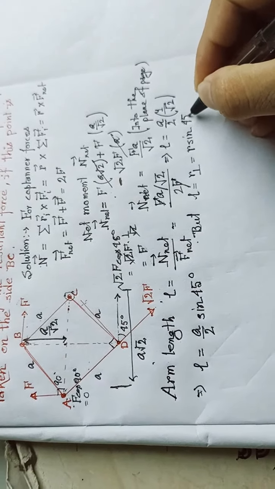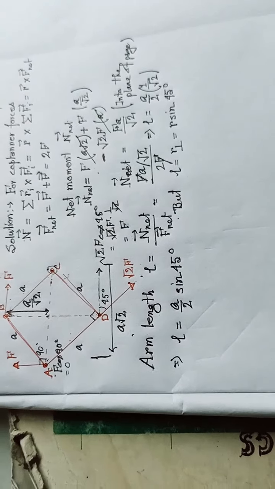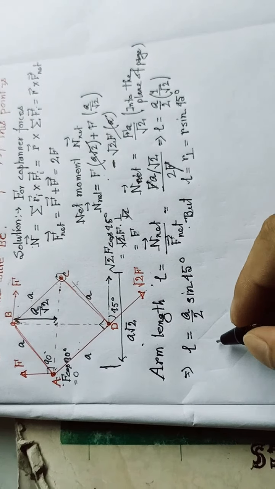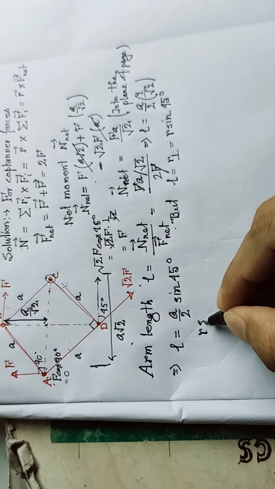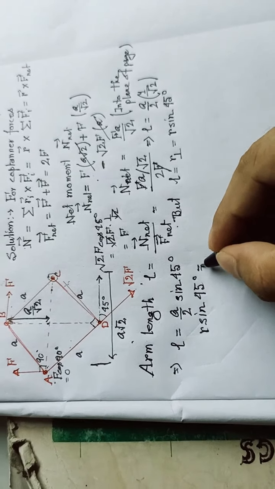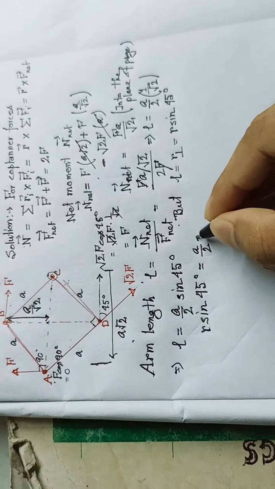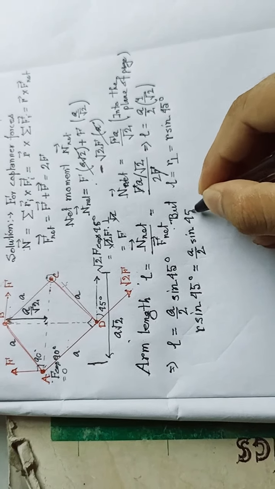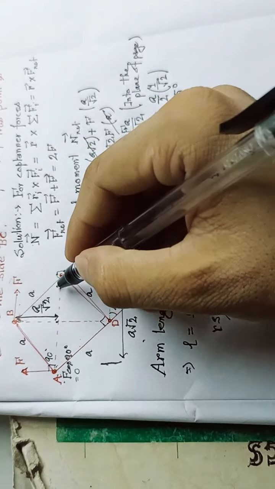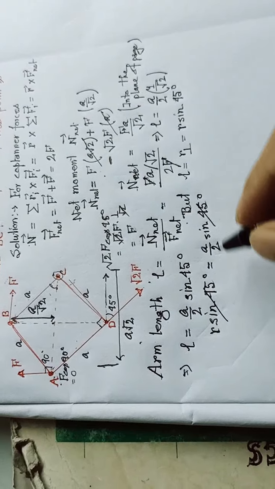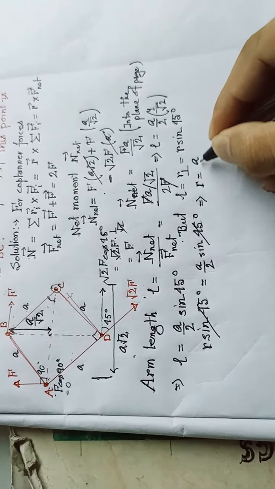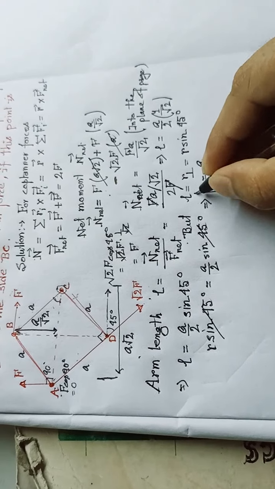So if we compare these two equations, then we get R sine 45 degree equal to A by 2 sine 45 degree. Now this sine 45 degree will get cancelled, because this angle is 45 degree due to a square. So our R will become A divided by 2,